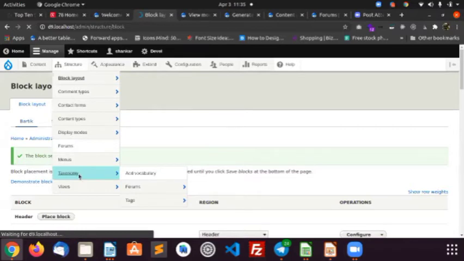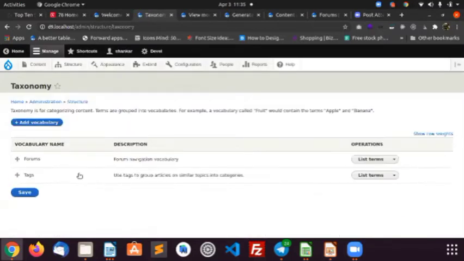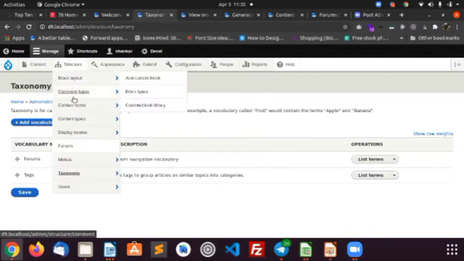So taxonomy is used to classify your content across your website. When you navigate any movie review website, you can see things like Hollywood movies and so on. That kind of classification you can achieve through this vocabulary. Through the vocabulary, you can get more taxonomy terms. So you just explore it.